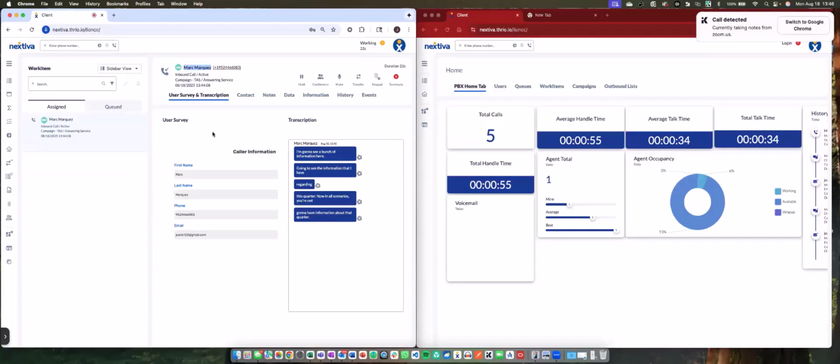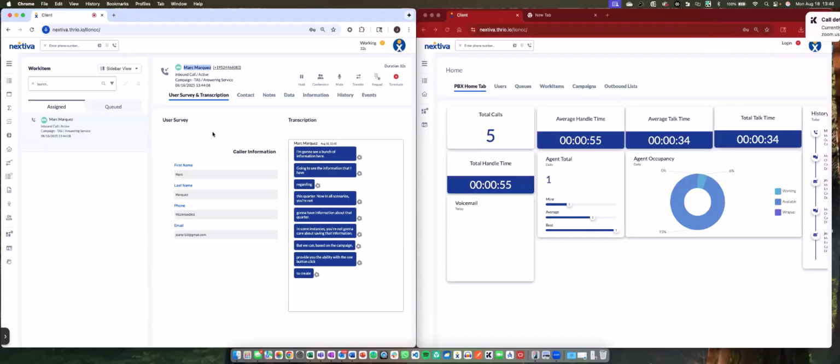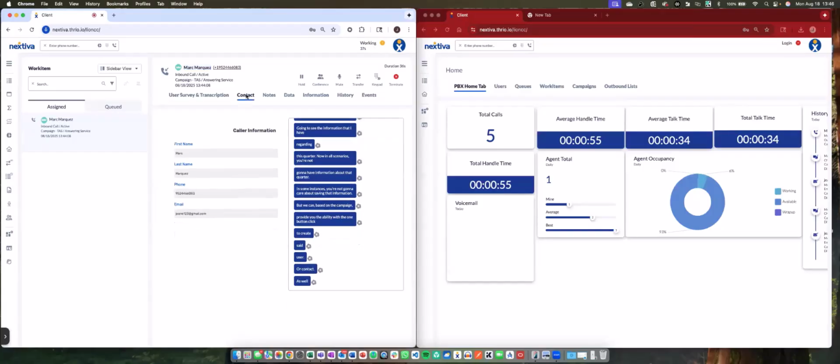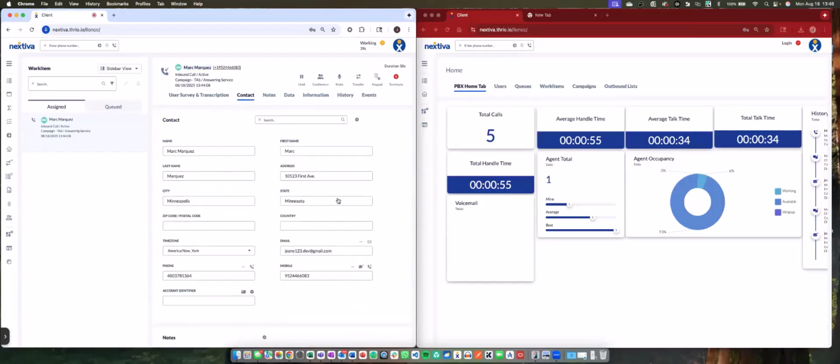But we can, based on the campaign, provide you the ability with a one-button click to create said user or contact as well. And we also have the ability to map that within our solution with an account identifier. So in this case, the account identifier would be Bob's HVAC.